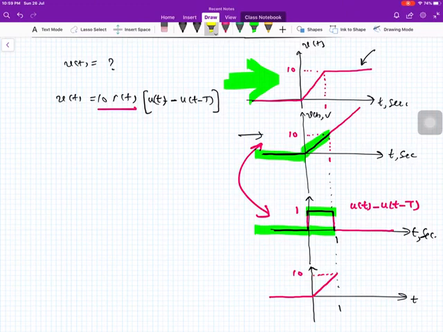After that, when t is greater than 1 on this side, this is 10 rt, but the other signal over here, this is 0. Therefore the product will be 0. But look at the original requirement. In our original requirement,